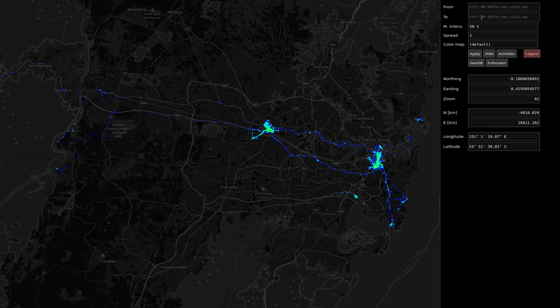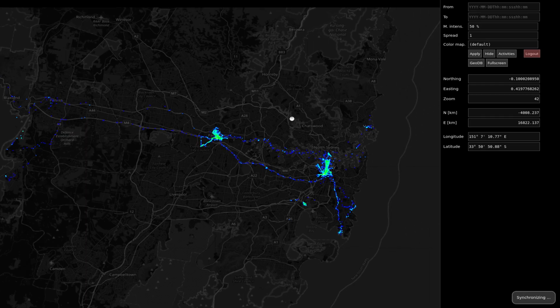And you also have boxes over here that you can use to filter the data based on time. You can put ISO timestamps here for beginning and end.